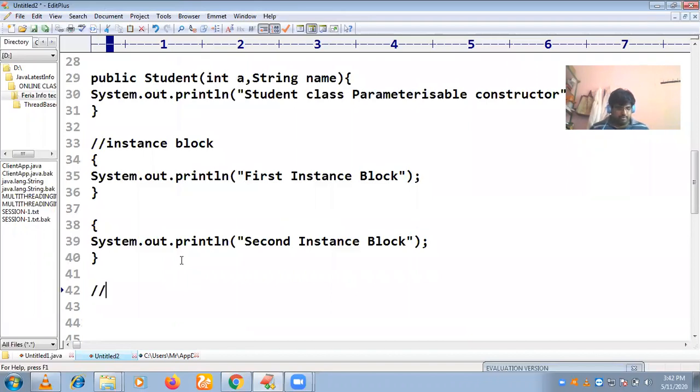Next, I'm going to create the static block.